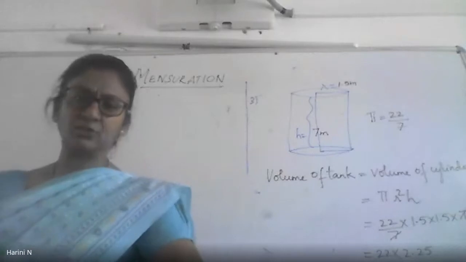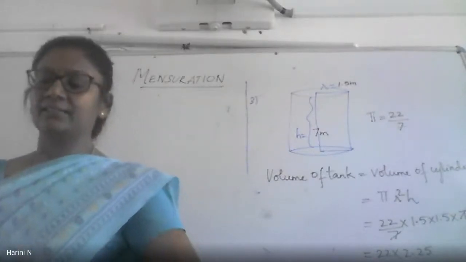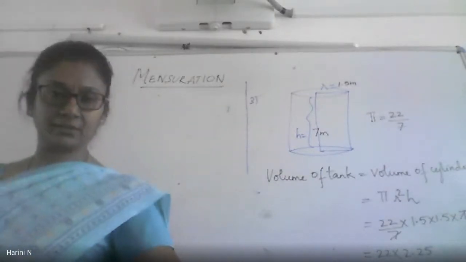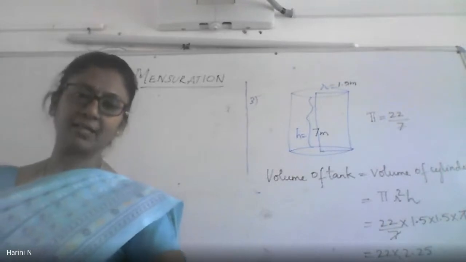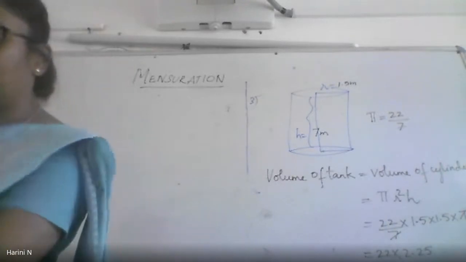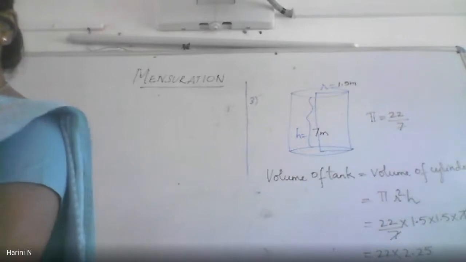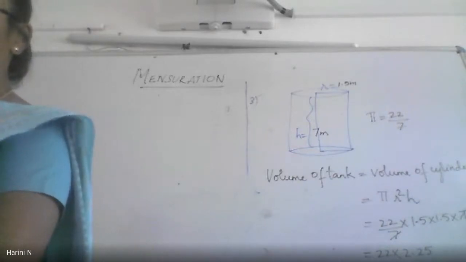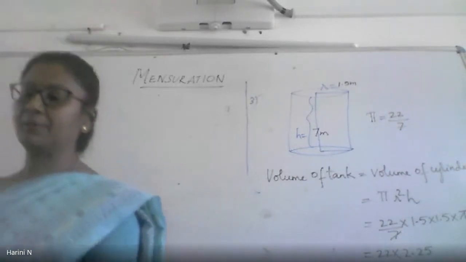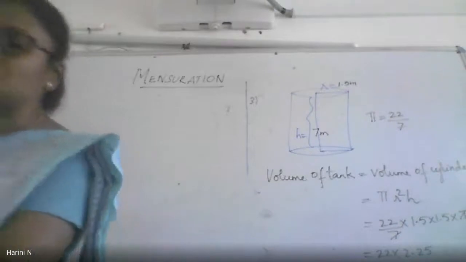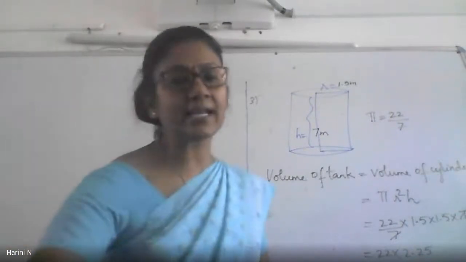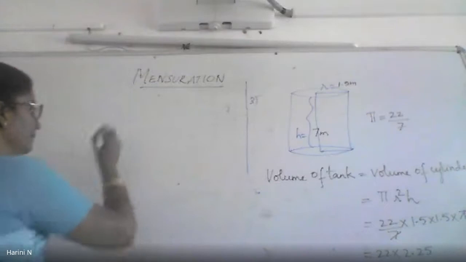I'll just discuss. I think we have done this already, so I don't have to do it again. Just look at these 2 problems. These are varieties of problems which can come for 3 marks. Now I'm looking at the third one. How many sides does a regular polygon have if the measure of its exterior angle is 24 degrees? So the exterior angle is given as 24 degrees, right?